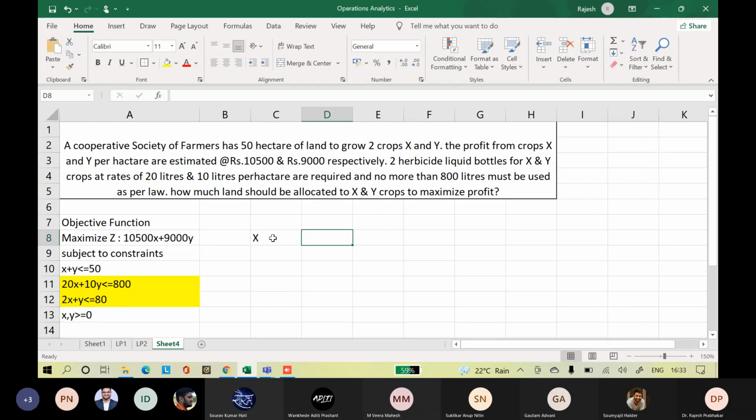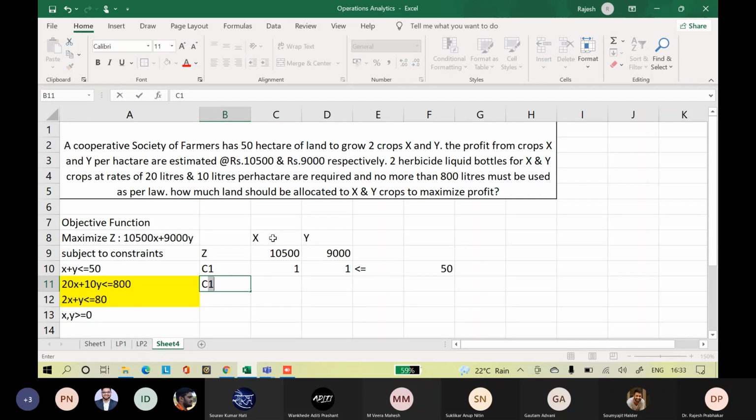So X and Y and Z: 10,500, 9,000; constraint 1: 1 comma 1 less than equal to 50; constraint 2: 2 comma 1 less than equal to 80.